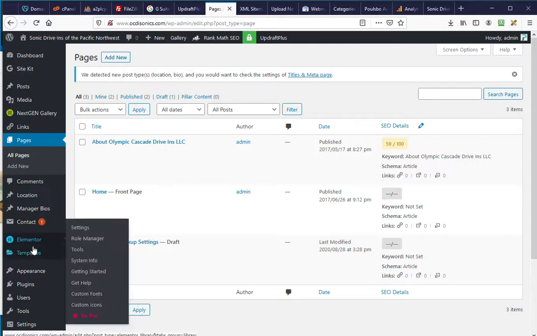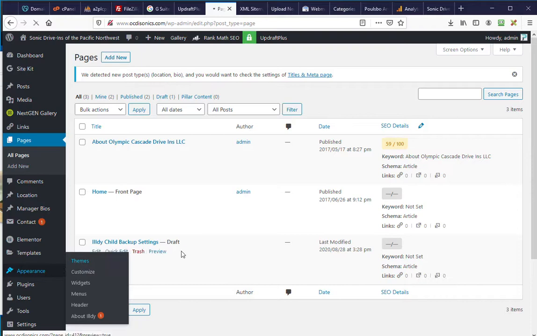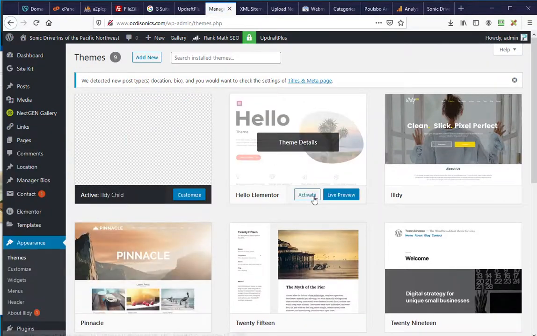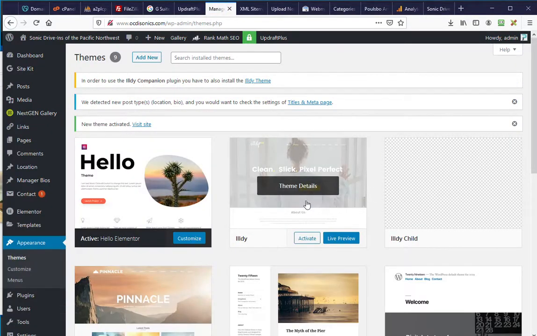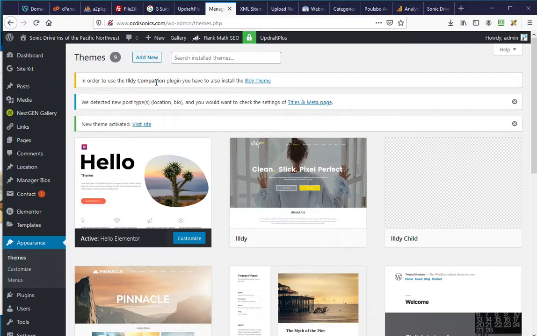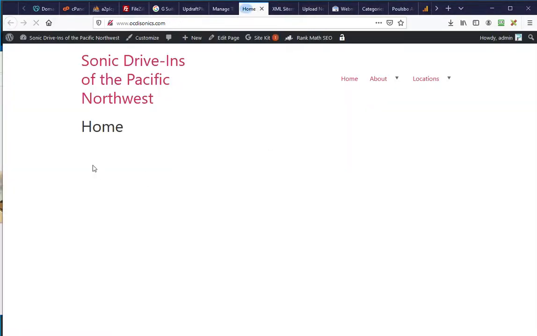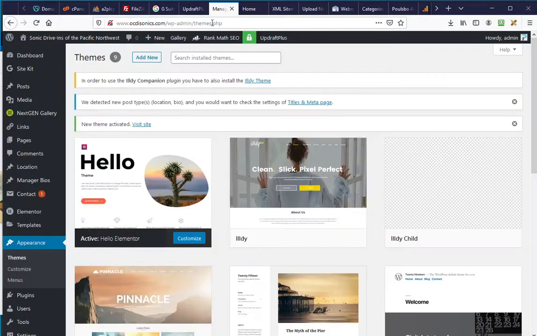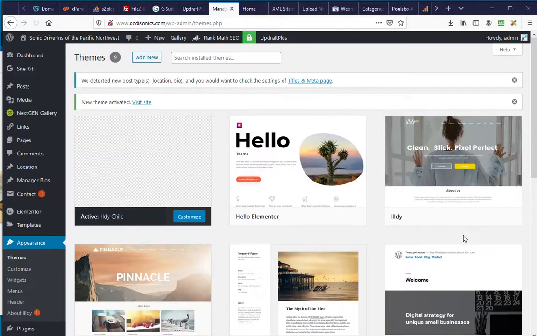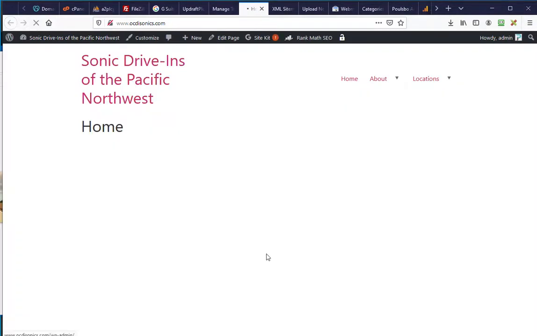To get started, what's going to happen is that Dave's going to click on themes, and then he's going to click on Hello and hit activate. Now anyone working on the site just flipped out because I changed the whole entire theme and the site's going to look broken. So I'm going to switch this back, but now using Elementor, Dave's going to come in and redesign this website. So go back to the child theme and then hit activate. And then when I hit refresh,